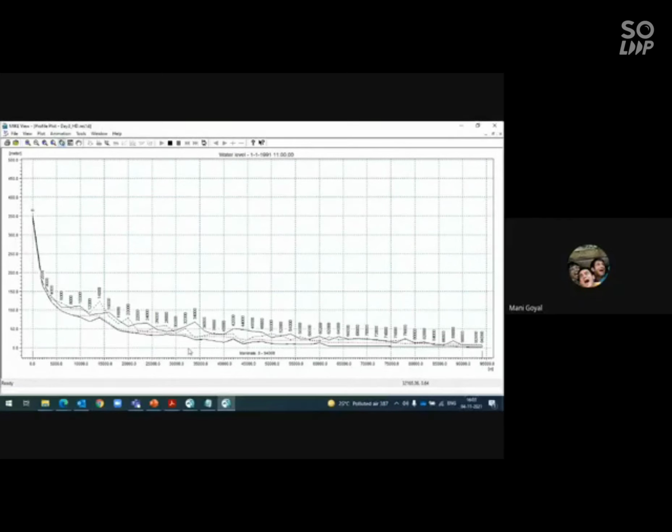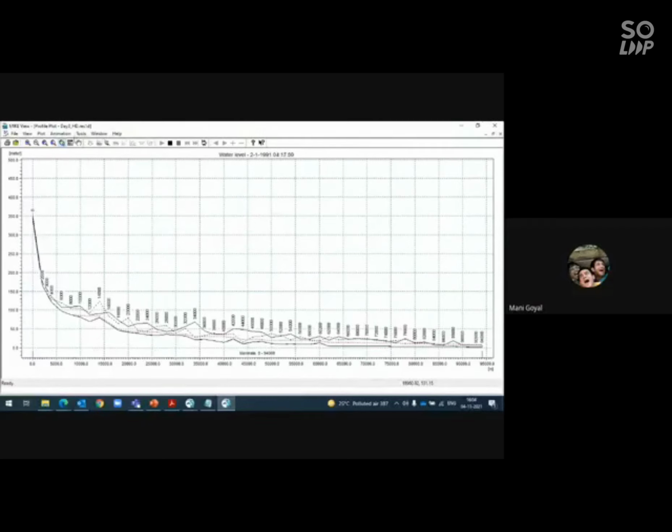So you'll find water flowing through your longitudinal profile, and this red dotted line is your maximum water level. The dark black line is your left bank, and this black dotted line is your right bank. So there are some breaches at this location, you can see. So it depends on your data. Again, that garbage in, garbage out thing.